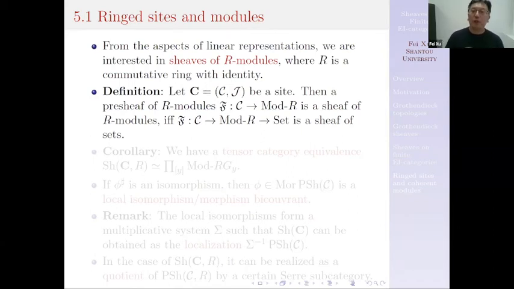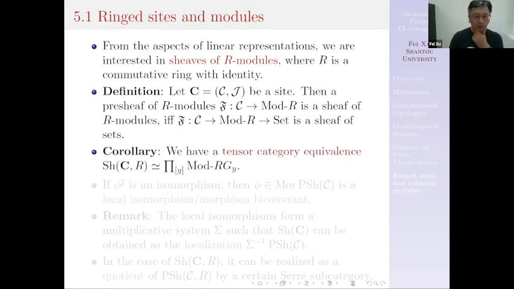And then you realize the equivalence we had earlier reduced to this one. So basically, you can find the techniques from SGA4. So you fix a ring R, you take the so-called R-module objects from the two sides of the equivalence, then get a new equivalence. And yeah, so you have an equivalence between the sheaves of R-modules and the product